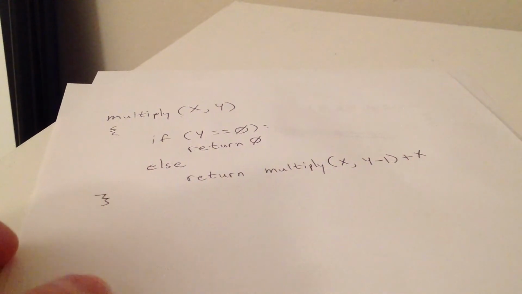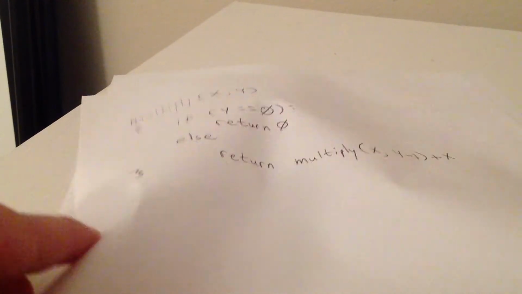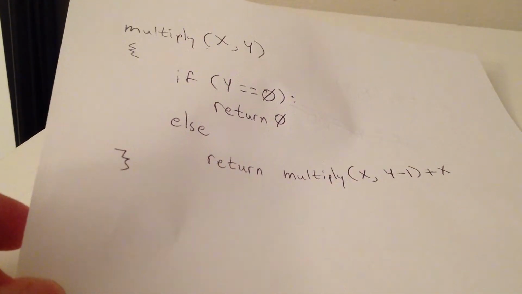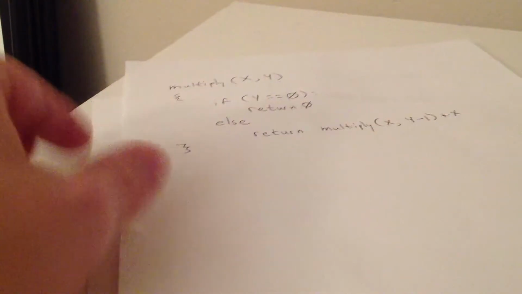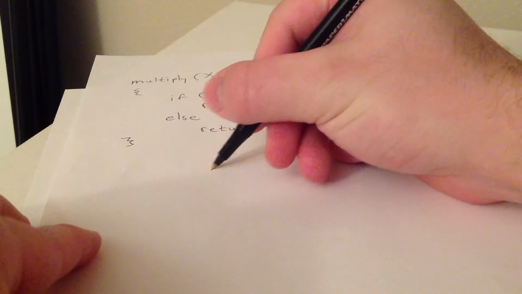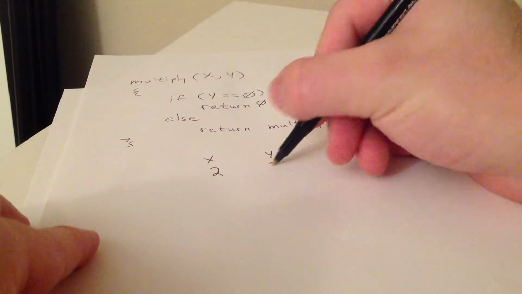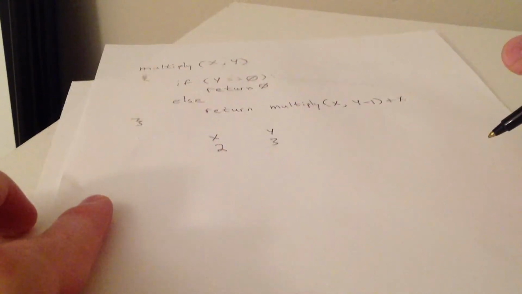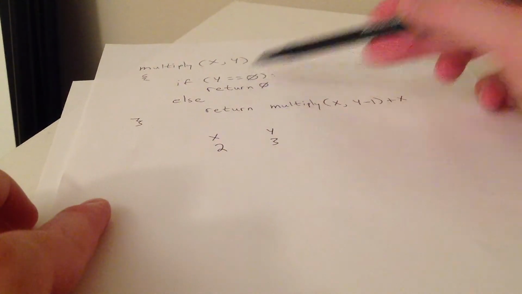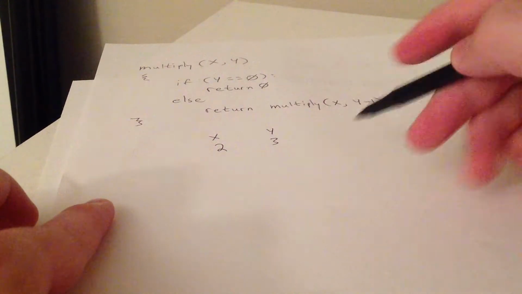So let's go through it step by step and write it out. If we sent multiply 2 for x and 3 for y, let's go through the steps. So first, we would have our 2 for x and 3 for y. We evaluate our first line of code. If y is 0, well, y is 3, so that's not true. So we're going to return